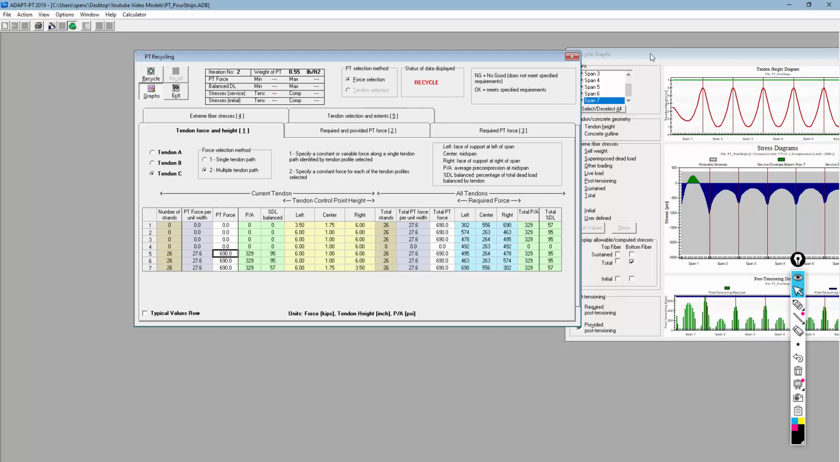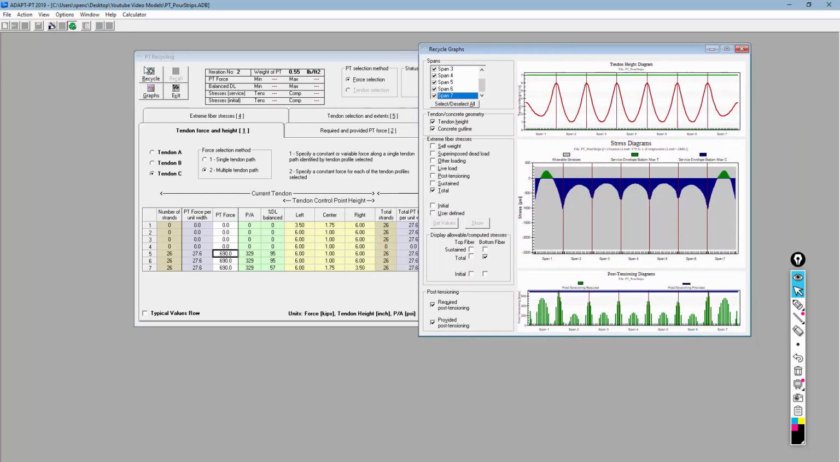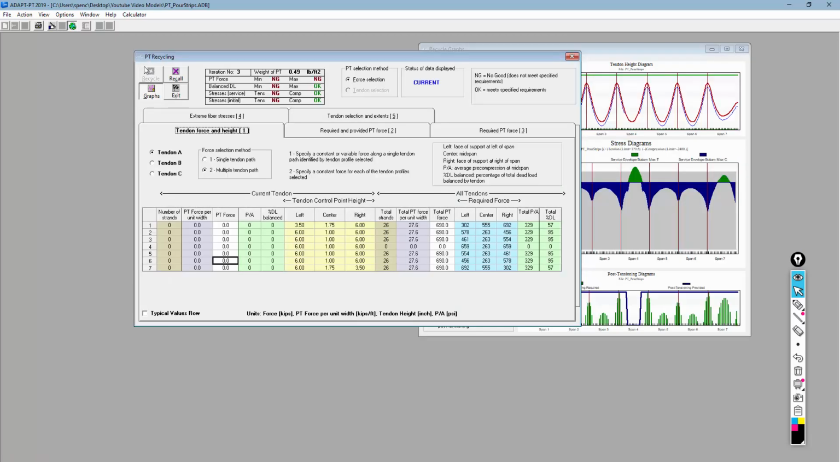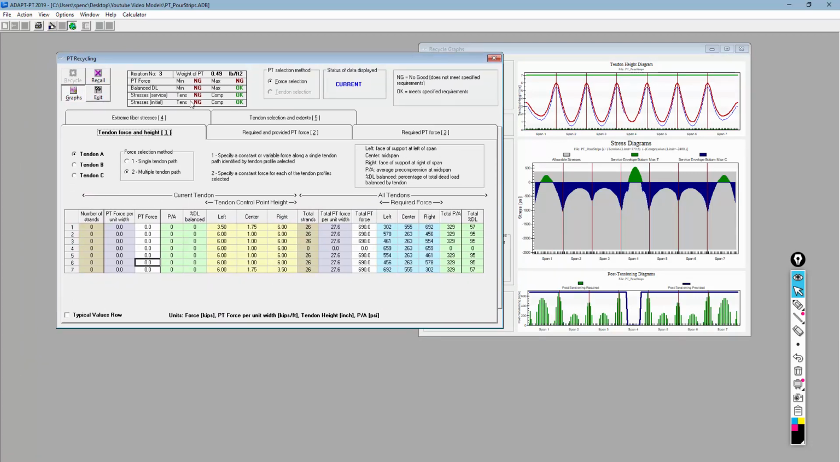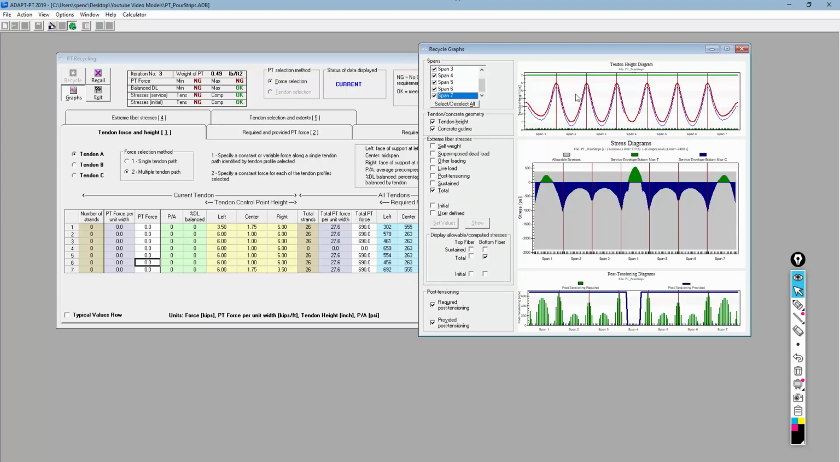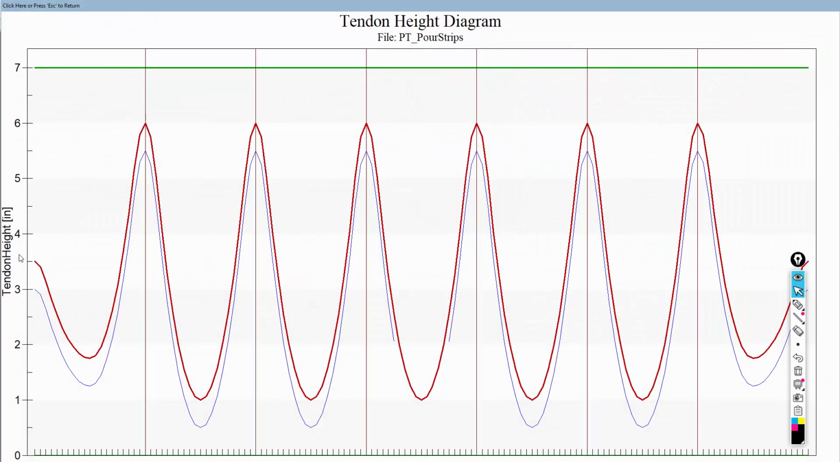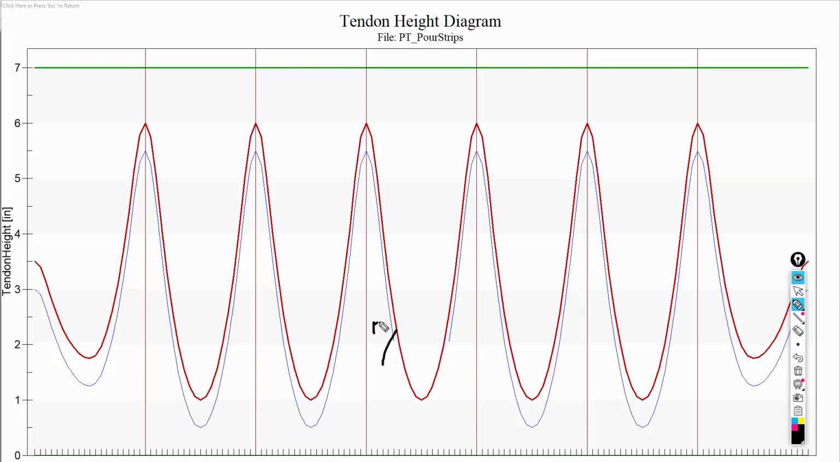Once we're done doing that, then we can recycle. So I'm going to recycle this. Now we have a bunch of no goods. So the program still thinks that this entire system should be checked as a post-tension system. So we can see clearly now. Let me go over here to this graphical view. I'm going to right click and maximize, and we can see the red is tendon A, that's set to 0. This one actually terminates here. This is tendon B. This one terminates here. This is tendon C. So there's a gap right here with